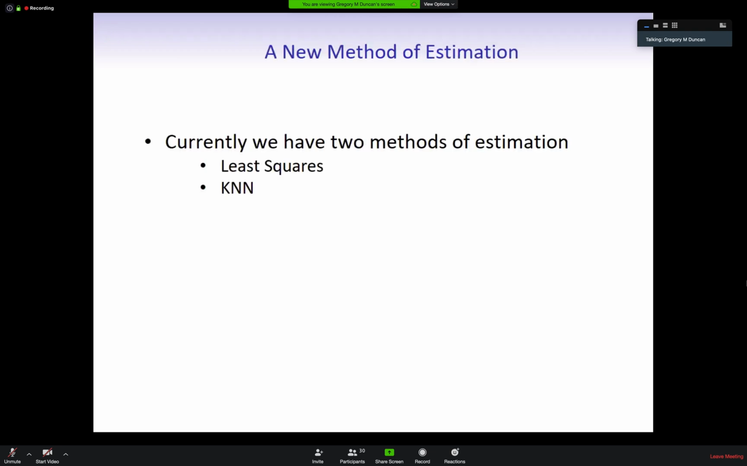So this is going to lead to a new method of estimation. Currently, we have two. You have least squares from 482, and we've talked about k nearest neighbors. That is, you take the k nearest neighbors and you average them up. And now we're going to add,